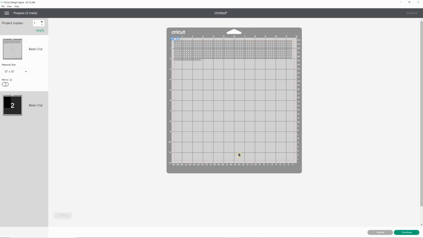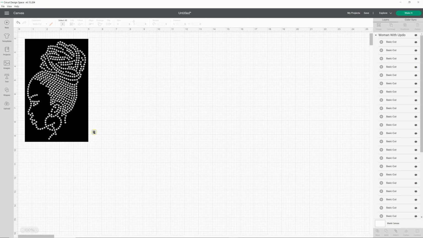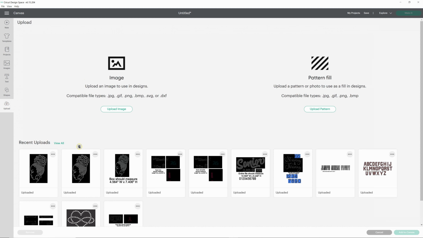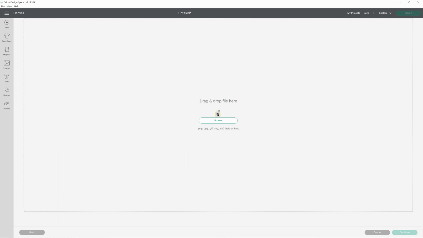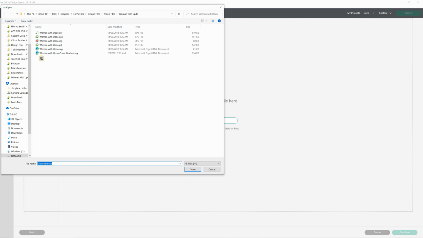Okay, so I'm going to cancel out here and show you the difference with a file that actually has been formatted for your program. So I'm going to select this, and I'm going to select upload image, browse, and now for my Cricut customers, you will see one of two files. Some of my older files, before I discovered there was an issue that's only escalated over the years with the Design Space program,